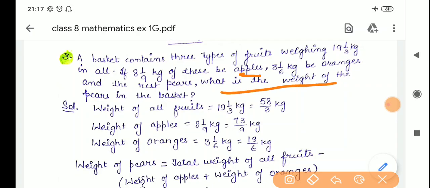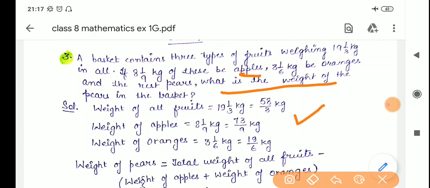So same as the first question, what we can do is subtract the weight of apples and oranges from the total weight of the fruits. Easily we can calculate the weight of pears. Clear? So whatever is given, first of all we will write,